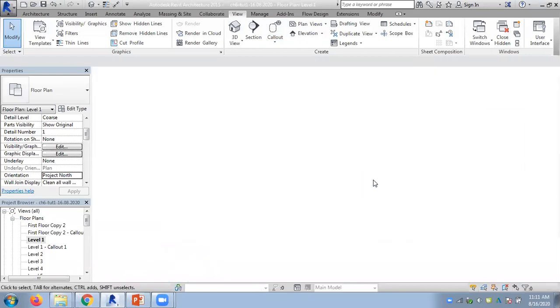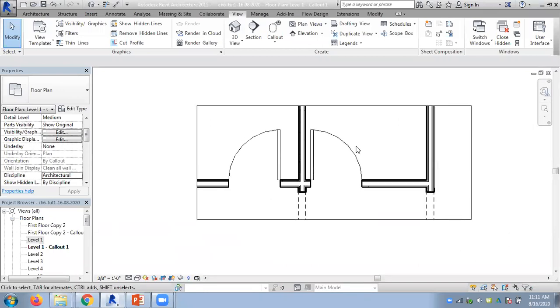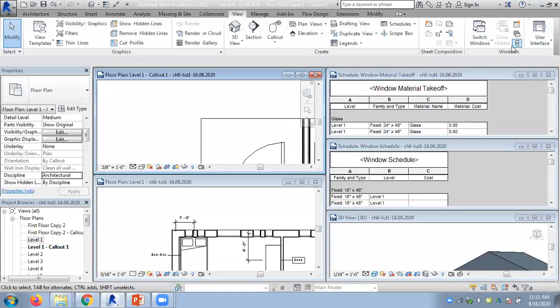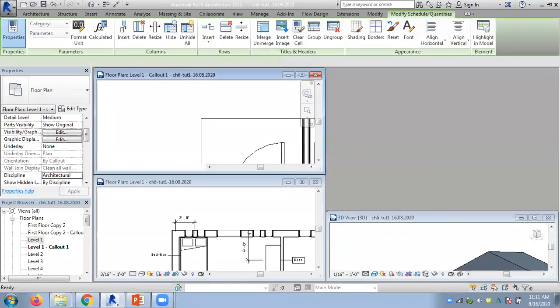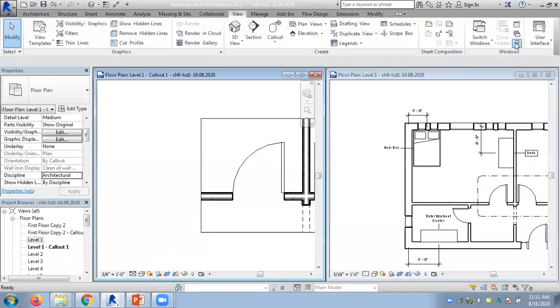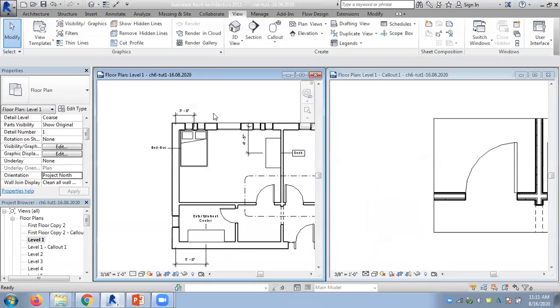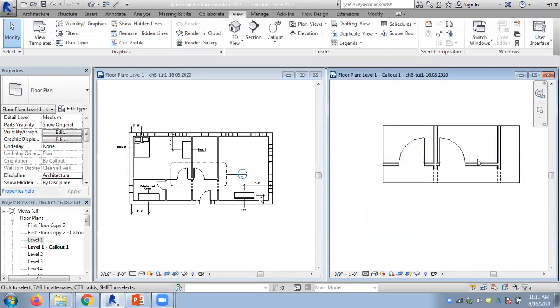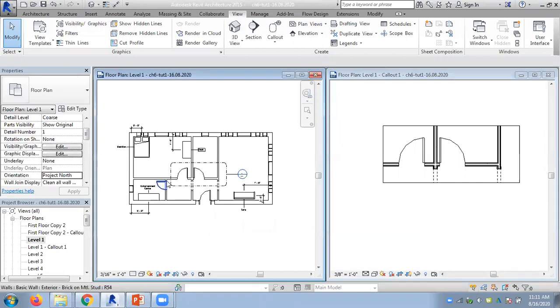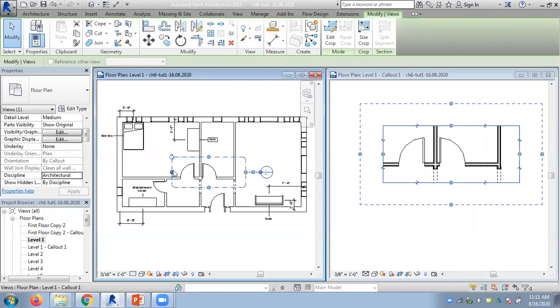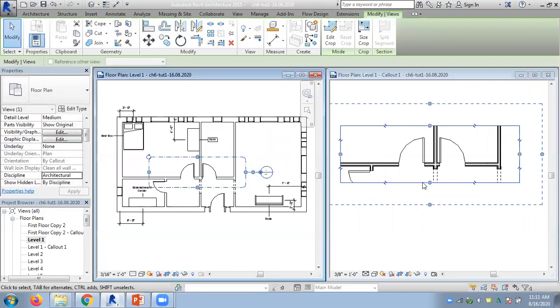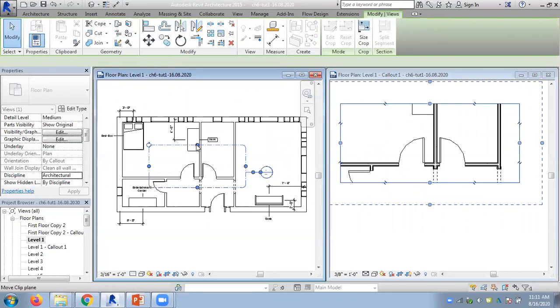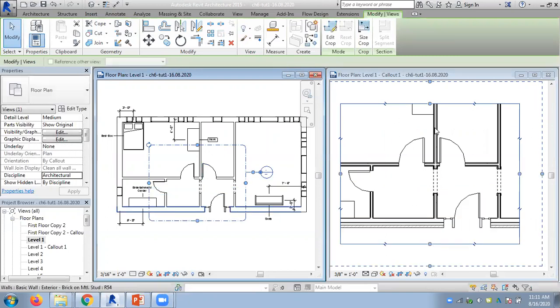So if you double click on this, the call out view will be generated. So if I just split the windows, you can see the call out view here. So you can put this in a different drawing sheet. So the call out is created like this here, and when I change this boundary, automatically the call out will change. So this way you can have a real time update,